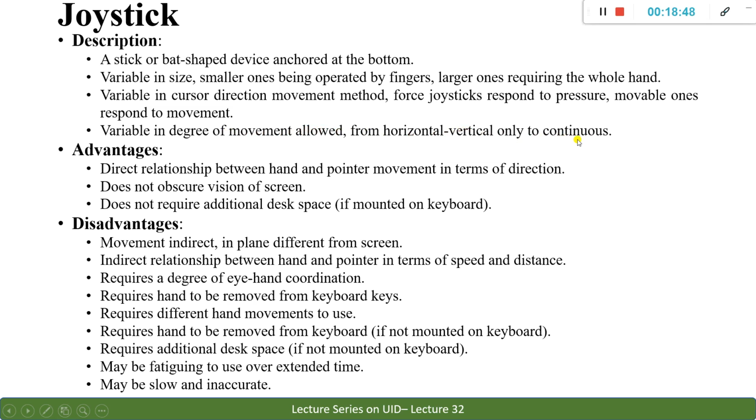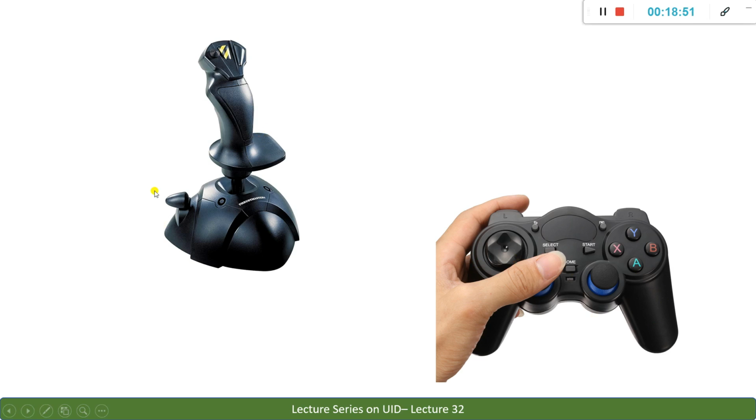So if we see here, these two are the variations present in the joystick. The first joystick is one where you can use the complete hand, and the second one is the joystick where you use it via fingers. You have a very small movement. These two things you can see here. When you consider this joystick, if you push it forward using a hand, then the mouse pointer moves forward. If you are bringing it back, it may move backward. That's the reason that we make use of these in games especially.